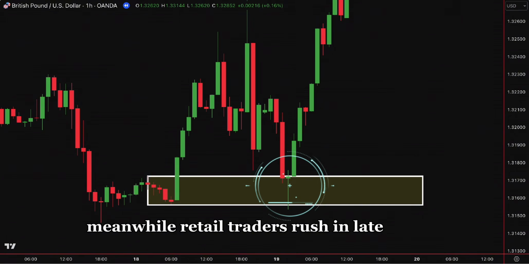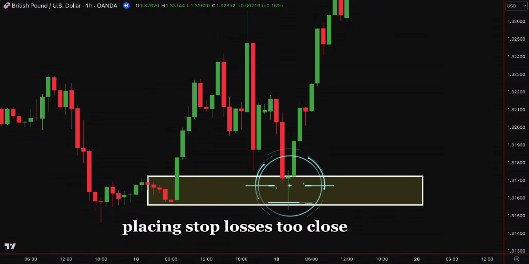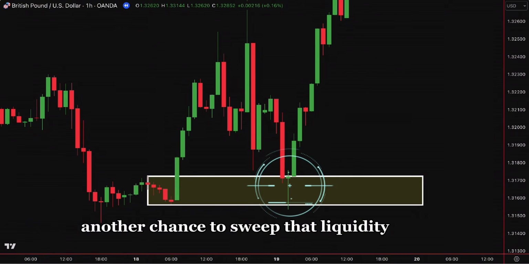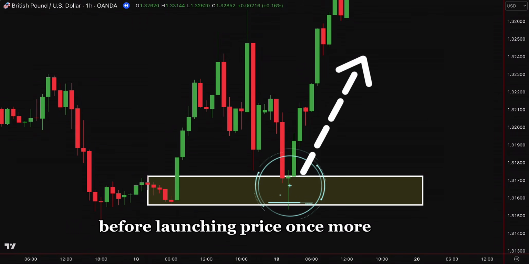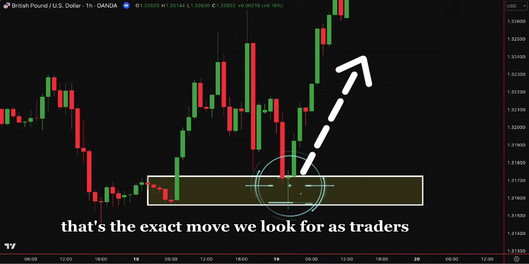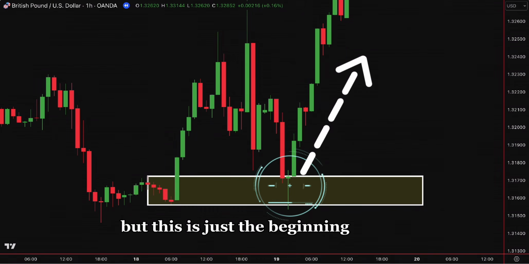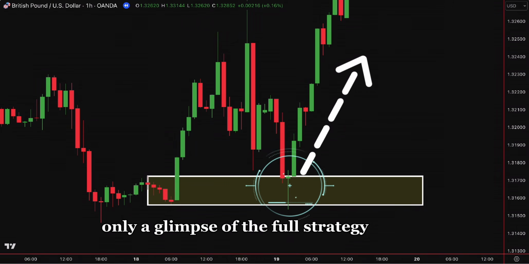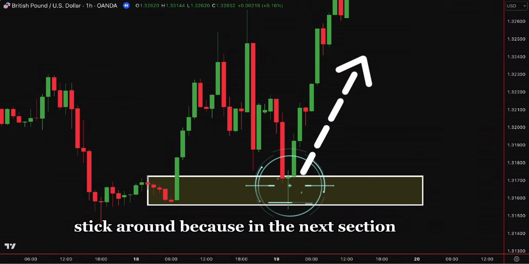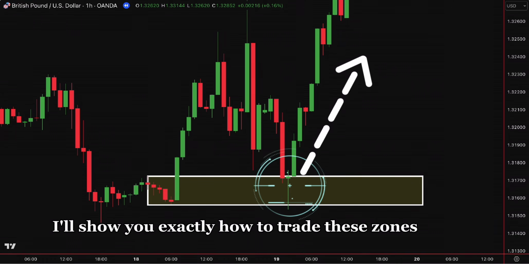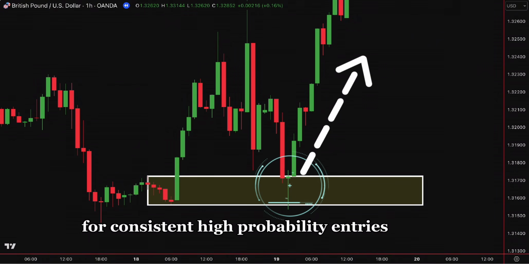Meanwhile, retail traders rush in late, placing stop losses too close, giving smart money another chance to sweep that liquidity before launching price once more. That's the exact move we look for as traders, a precise, repeatable edge. But this is just the beginning, only a glimpse of the full strategy. Stick around because in the next section, I'll show you exactly how to trade these zones for consistent, high probability